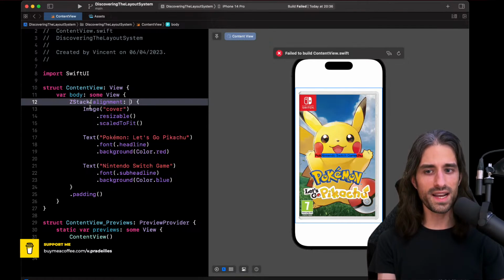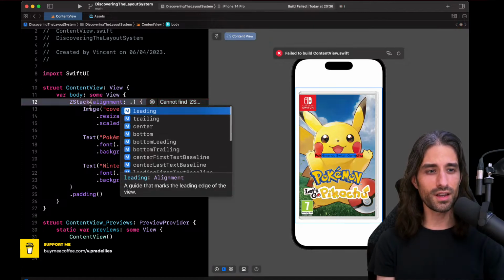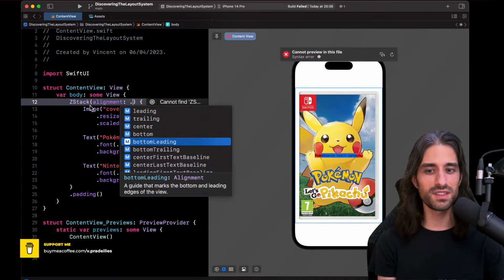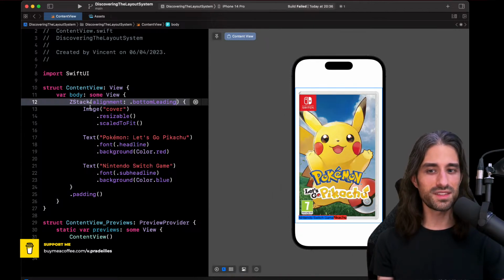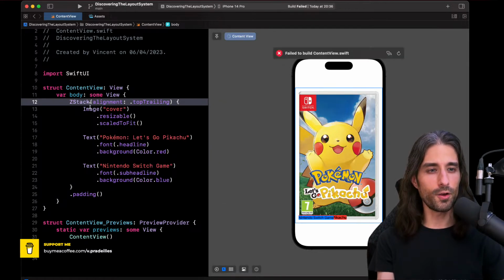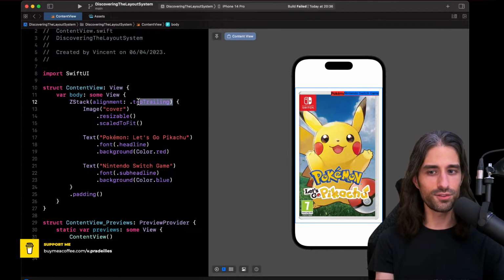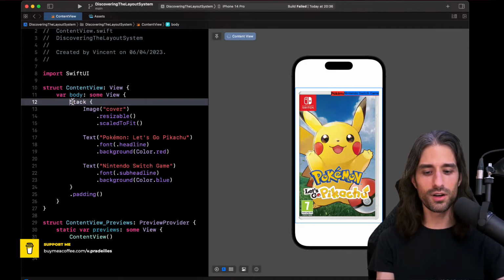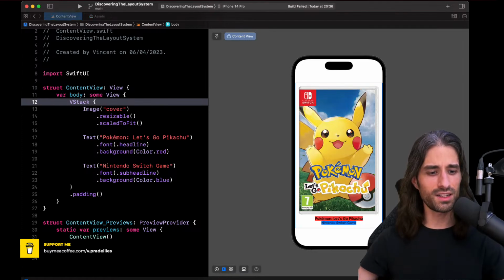Only one difference I want to highlight is that we have more alignment possibilities, because for the VStack there was only one dimension over which things could be aligned. Same thing for the HStack, but for the ZStack there are two dimensions, and so we have things like bottom leading, for instance, or top trailing, which give us a bit more flexibility, and which can be very useful if, for instance, you need to implement a nice little badge over a view. You can use a ZStack with a top trailing alignment. And so that's why I wanted to give you this overview of the types of stacks that we have in SwiftUI.